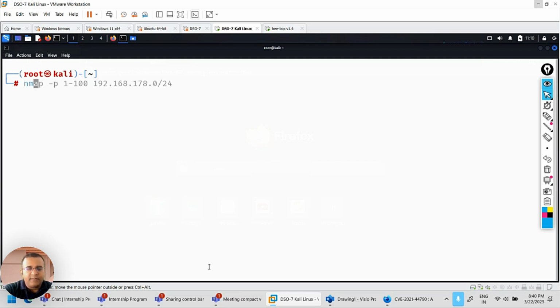I can run Nmap with -p. I'm going to scan all 65,000 ports. I'm going to run a TCP scan. And there's one more thing I'm going to do: I'm going to run an -sV scan. It stands for version, and this is going to give out a